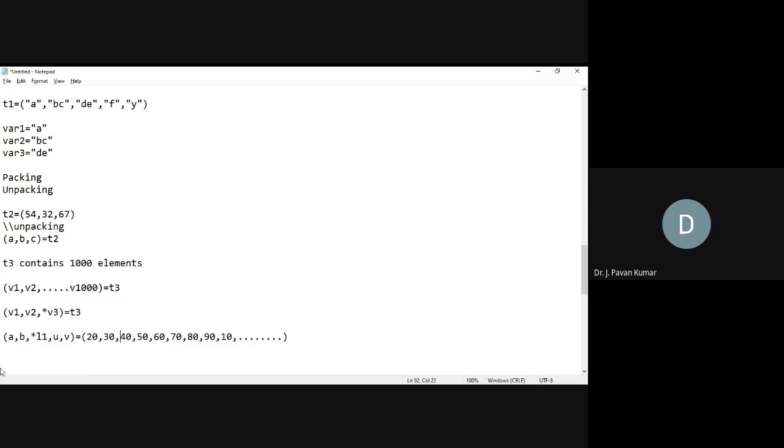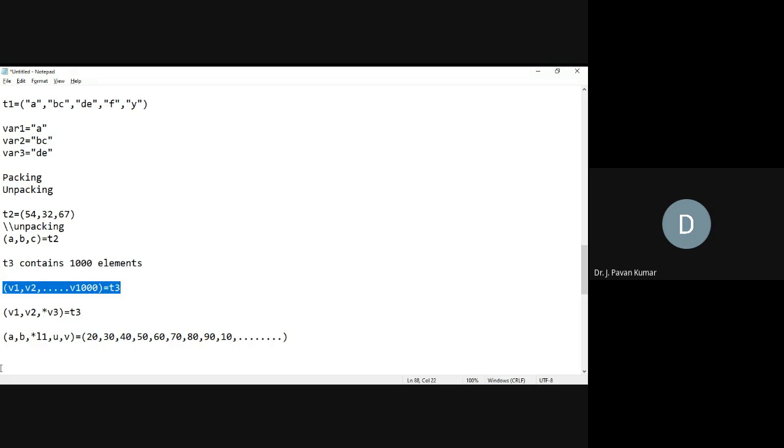So how many elements we will be having in L1? 996, sir. Yeah, 996 middle elements will be part of L1. Understand? Yes, sir. This is unpacking. In general, we will be unpacking like this. Okay, this seems to be very simple. But if you have more elements, then the trick will come.